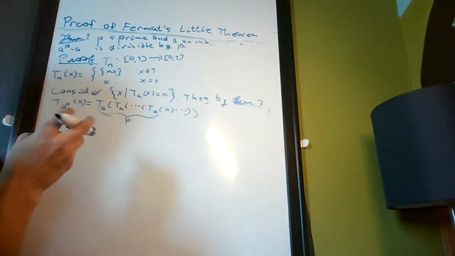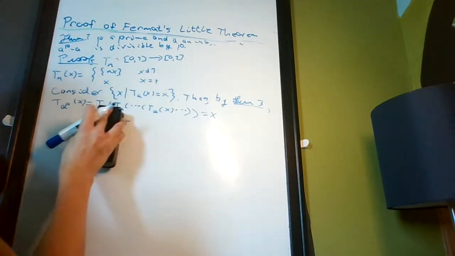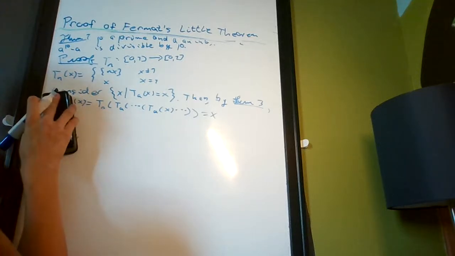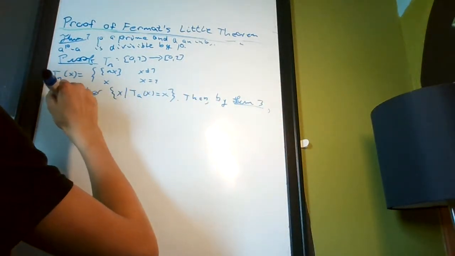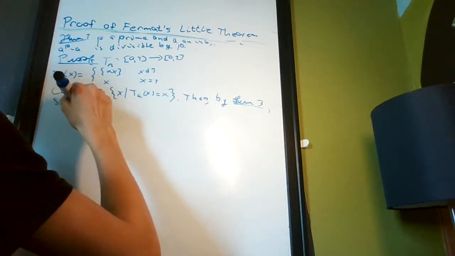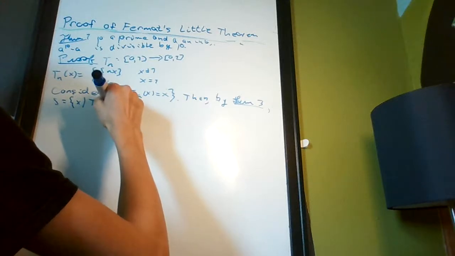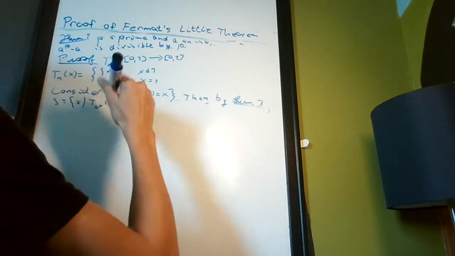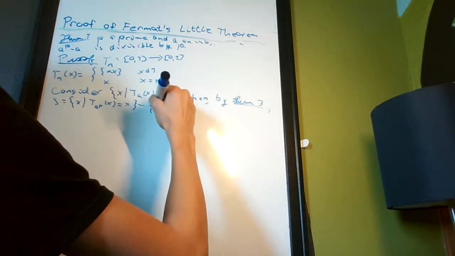Because you multiply them all together, it's still going to be equal to x. So x is also a fixed point of TA to the p. So then let us take S equal to the set of all x such that x is a fixed point of a to the p, but it's not a fixed point